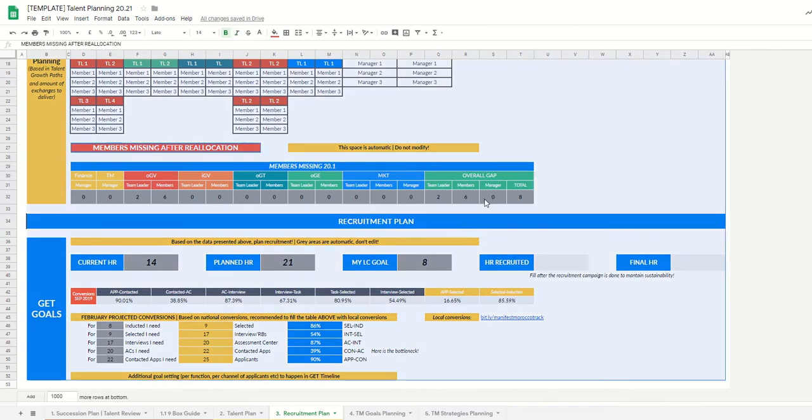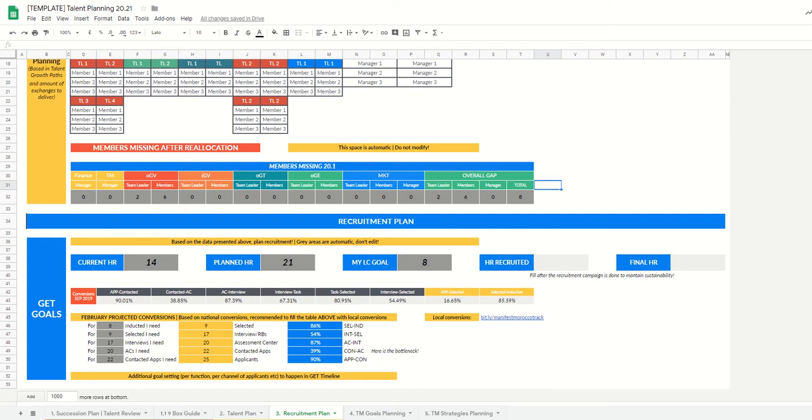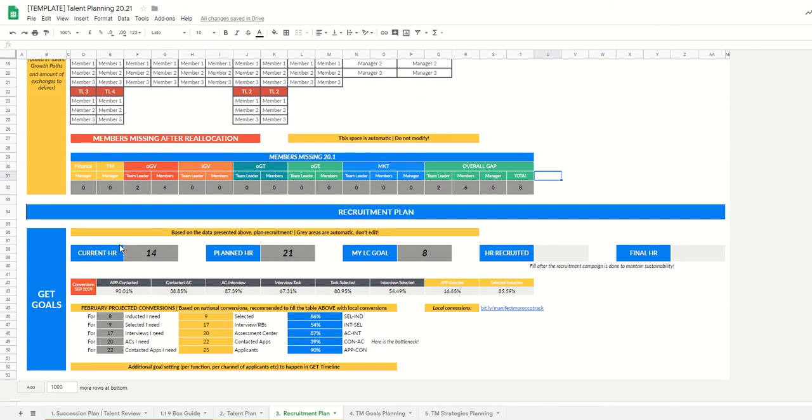So we will have here automatically how many members are missing, so that you can have the goals. Here it will be, of course, the goals that you need. So for the recruitment plan, this is also automatic. It will give you the current state you have now based on what you responded before, the planned HR based on what you planned up here,